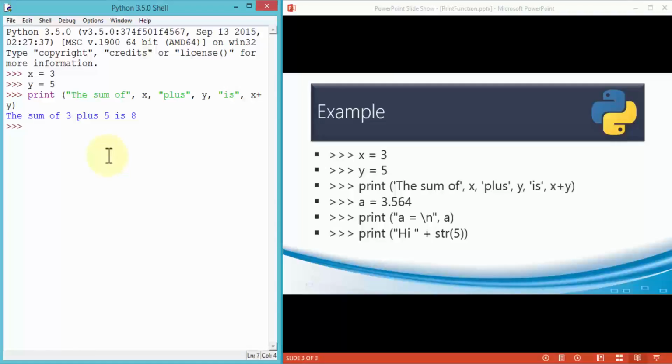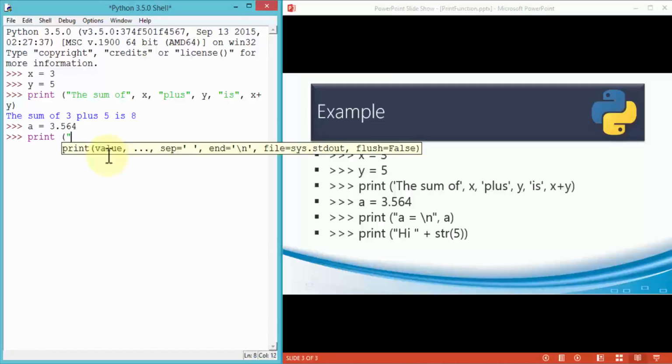Another example using the print function is, let's say you have a variable called a equals 3.564, and this is again a float number, right? So anything that has a decimal is considered a float number in Python. So I'm going to print this variable. I'm going to say a equals, I'm going to enter a new line, comma, and the variable itself, and of